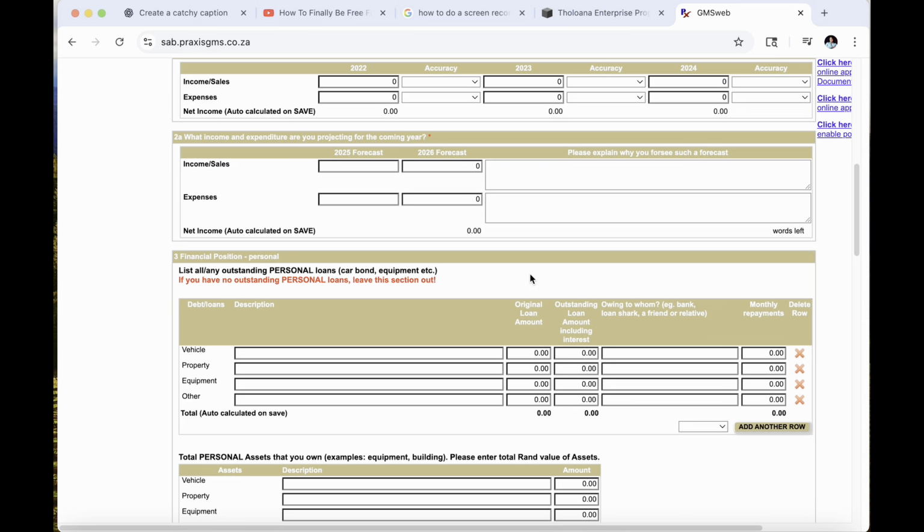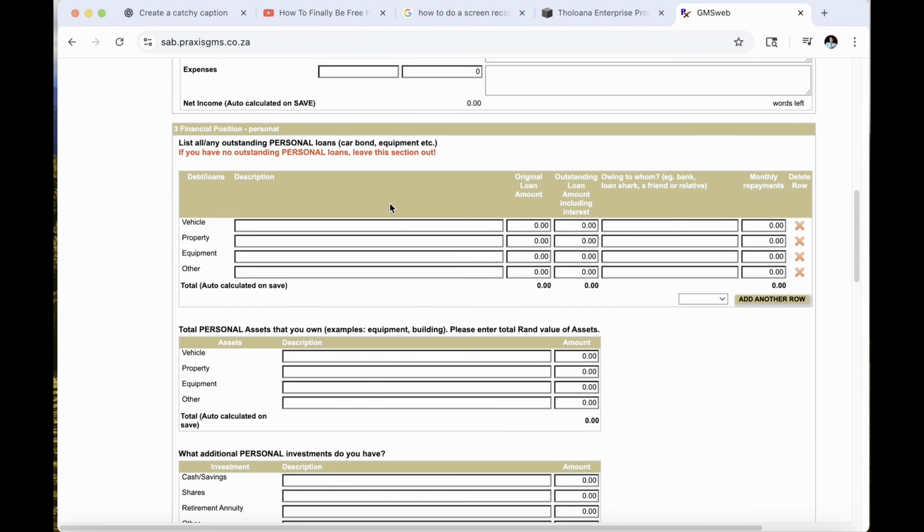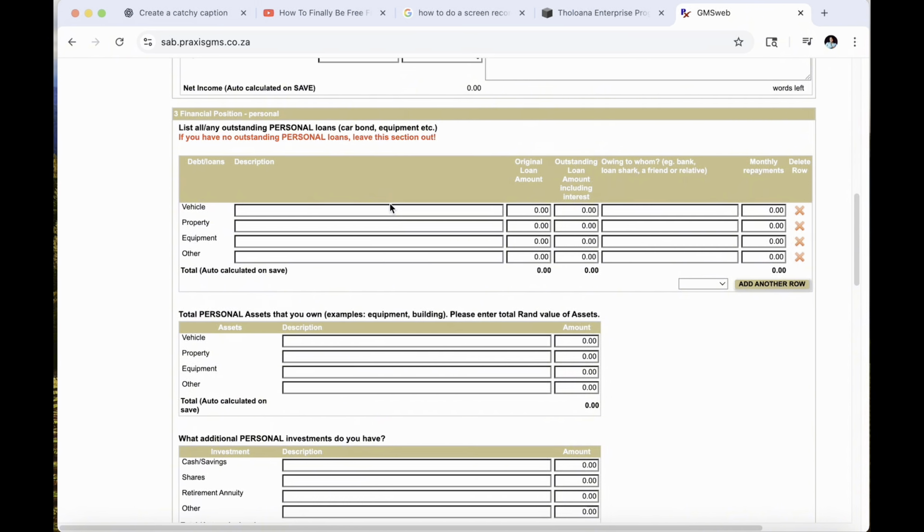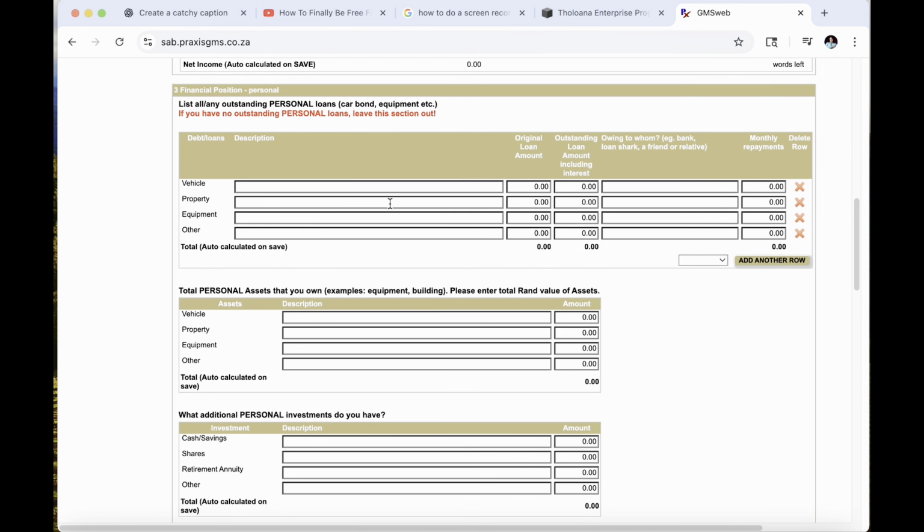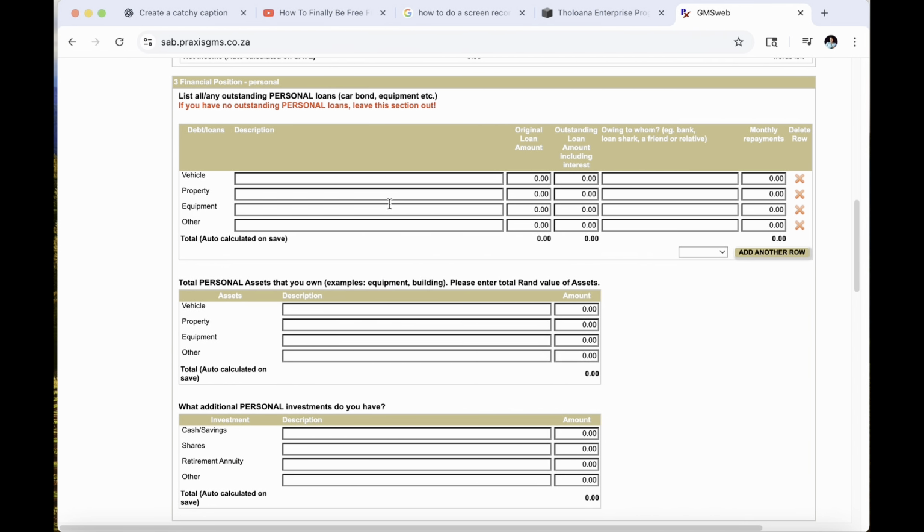You also indicate the accuracy when it comes to that. And then you also talk about the income and expenditure that you are projecting for the coming 2 years, for 2025 and for 2026. And also give an explanation as to why you think this is what is going to happen. Now, when it gets to the financial position, they want to understand your personal financial position as a person. So they want you to write,